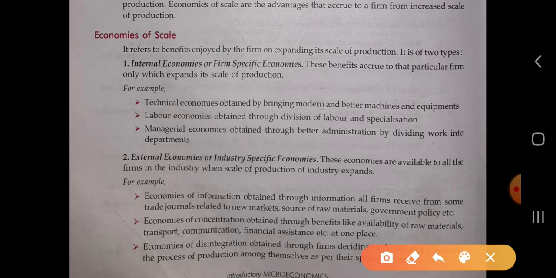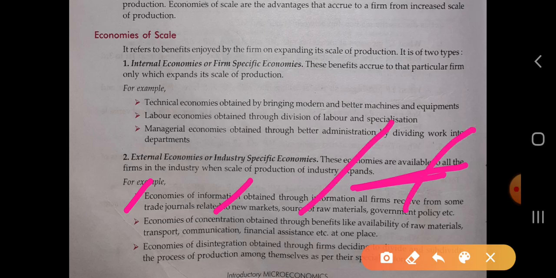For example, economies of information obtained through the information all the firms receive from some trade journal related to new markets, sources of raw material and government policy, etc. Okay, when there is benefit from the information, it will come to the information of all firms. All firms receive some trade journal. ओके, अब इंफॉर्मेशन में डेवलपमेंट, इंफॉर्मेशन से बेनिफिट होने से इंफॉर्मेशन अबाउट द ऑल फर्म्स हमें रिसीव होने लगी. For that there is also information related to the new market,